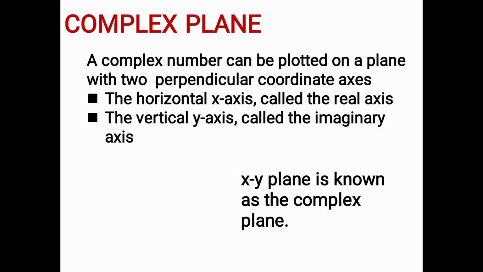Next, what is the use of a complex number? A complex number is equivalent to a vector quantity. It can be used as a vector, plane, straight line, parabola, so many things, in different areas we can use. Here we have already seen a complex number being represented in a plane.